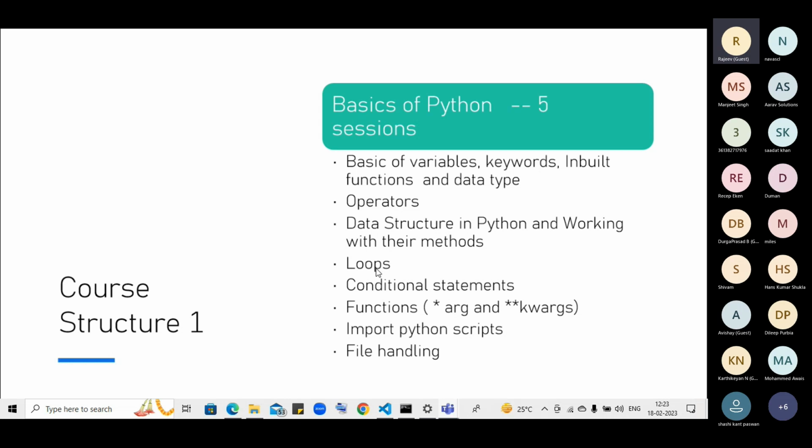And the next thing is loops. Everybody studied loops in college, like while loop and for loop. So we will go through these loops also. And conditional statements like if else, and if there are multiple if else conditions, how to handle that. Try except, and exceptions: if any error comes during the program, how to handle that error. That we will cover in the basics. And the next thing is,